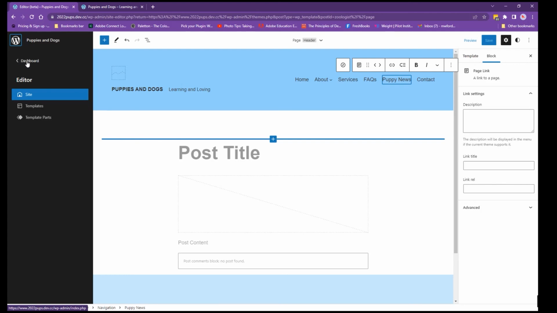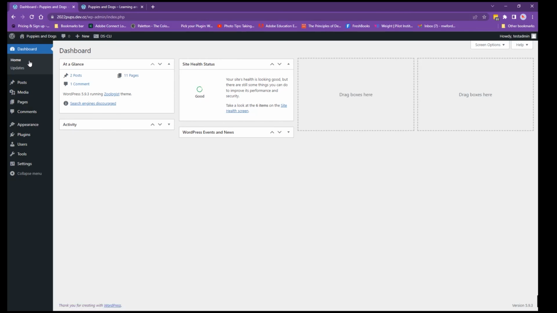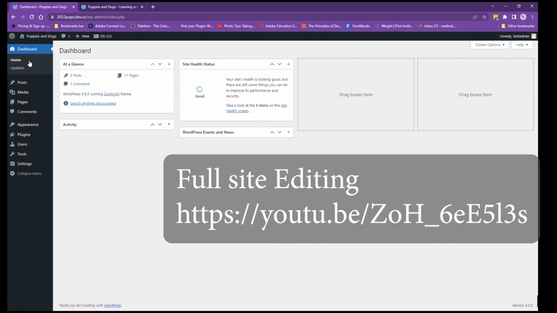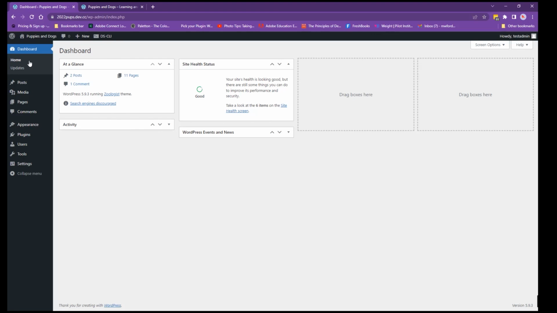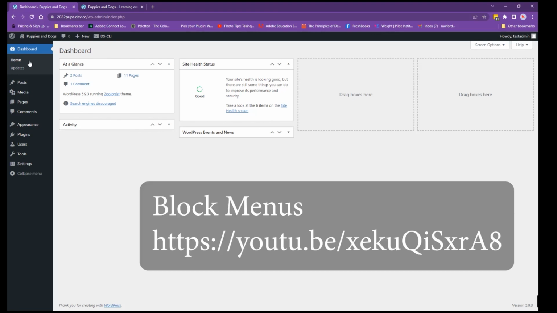If you need to get back to the dashboard, go all the way to the top above the word editor, click on the word dashboard, and it will take you out of the customizer for the full site editing and allow you to get back to the dashboard. So those are some things that you should be aware of. I do have a couple of videos about working with just the full site editor and working with the menu in the full site editor. So I will give you those so that